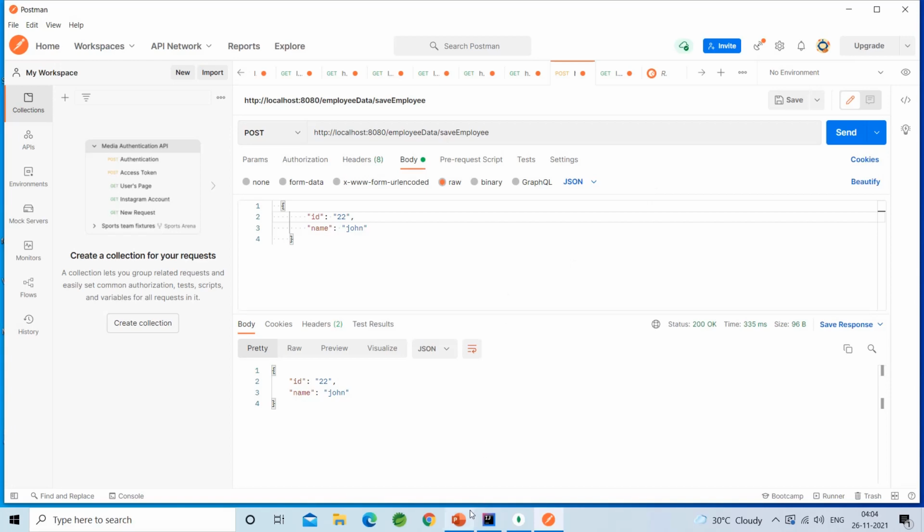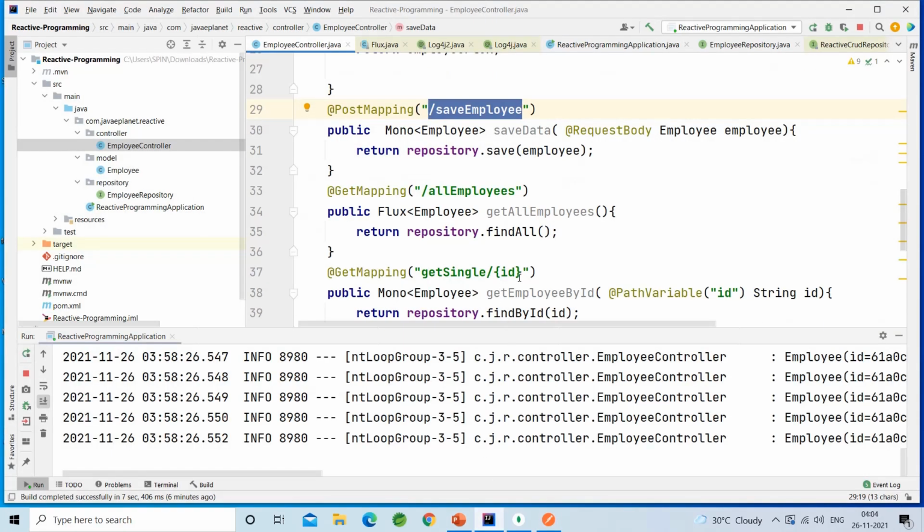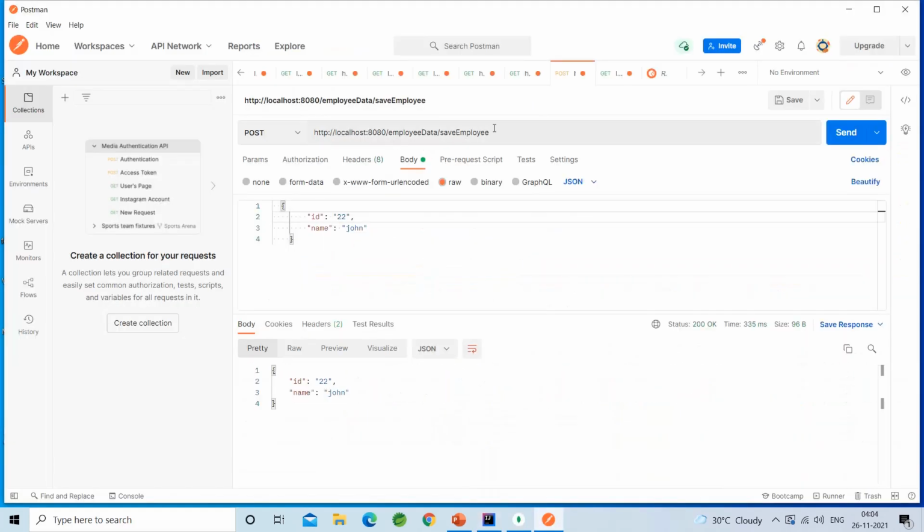After this, we will get the single ID. With the ID 22, GET. See here, we get the employee with the ID 22.